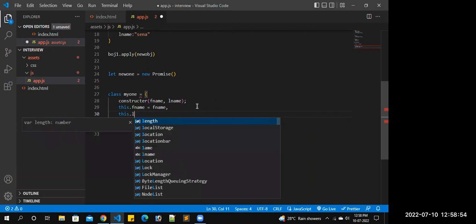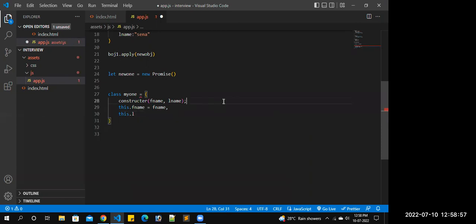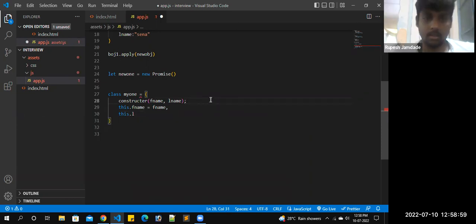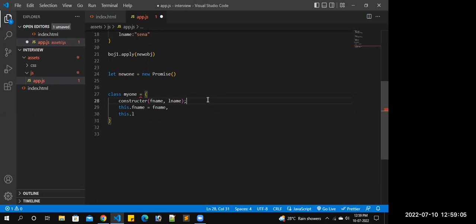What is the constructor here? Constructor is